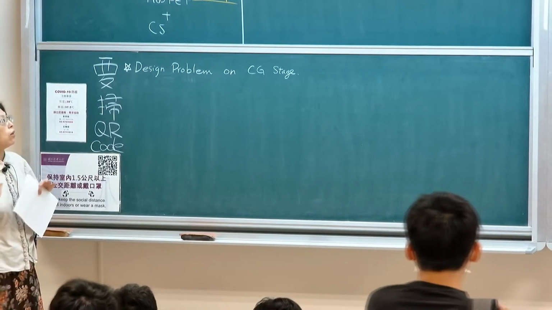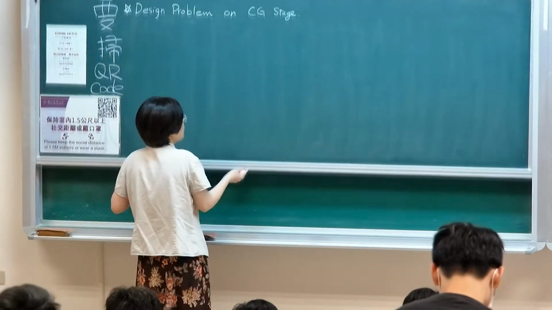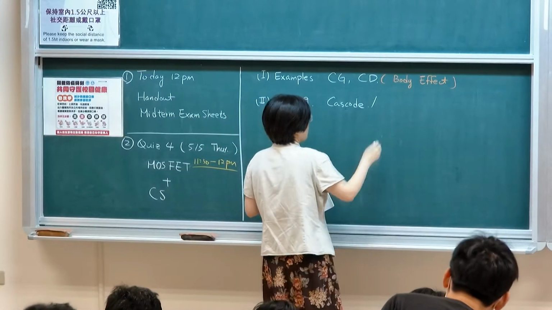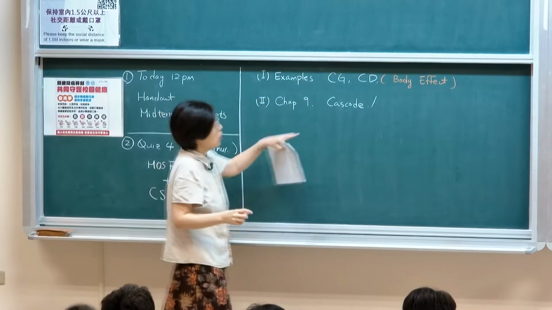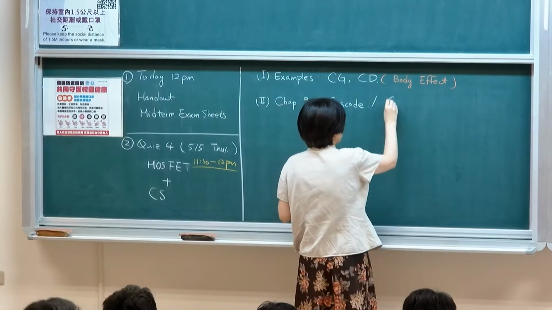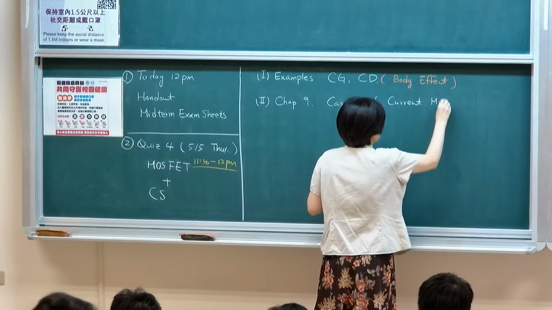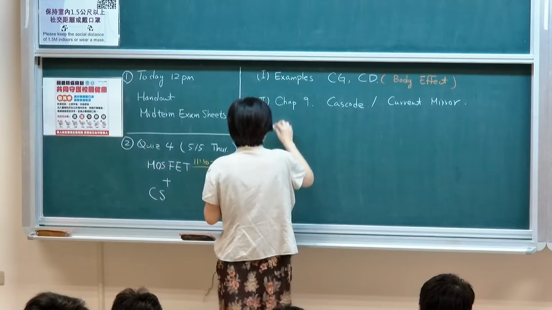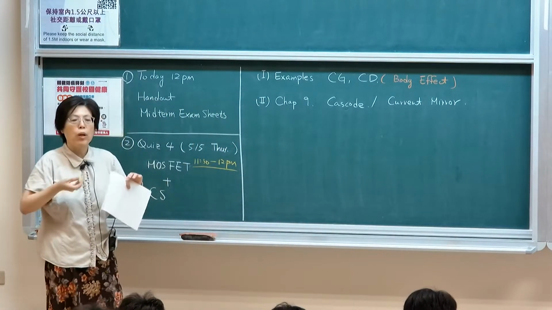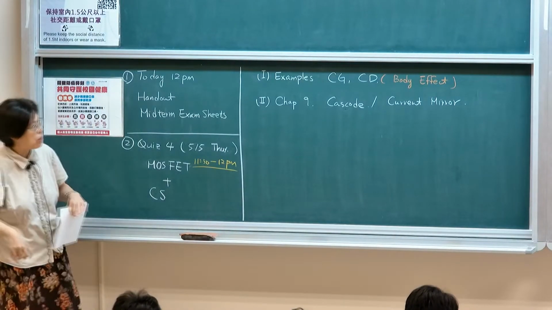As I said, in chapter 9, let me outline a little bit. We're going to talk about one of the key structures, which is called the cascode structure, and then the other is called the current mirror. Let me outline what is next so that you get a sense as to where we're at and what we're going to do in the following semester.